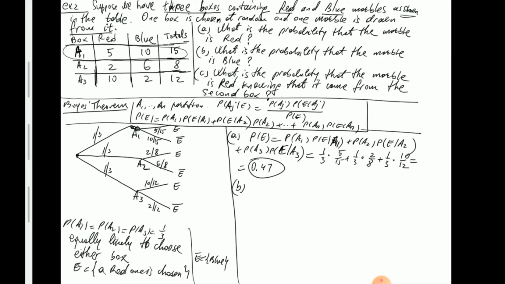Part B asks what's the probability that the marble is blue. Again, because there are only two colors, to say that the marble is blue is to say that it's not red, right? So that's a question of the complement, P of E complement. So again, according to the Bayes theorem,